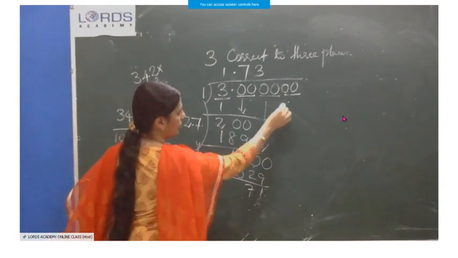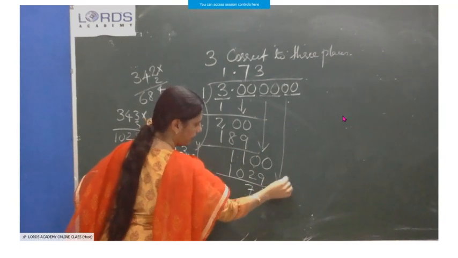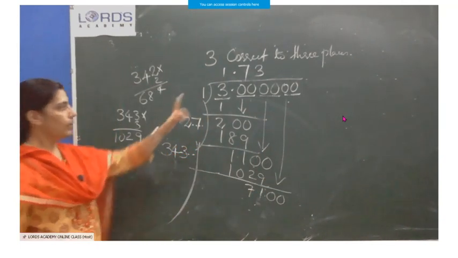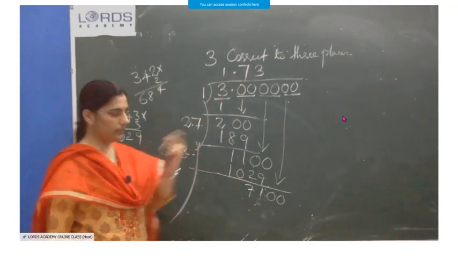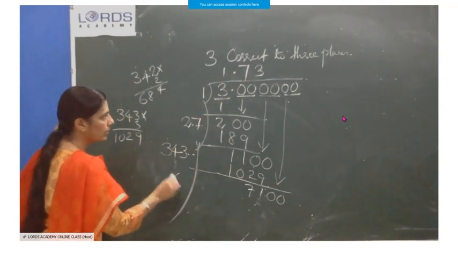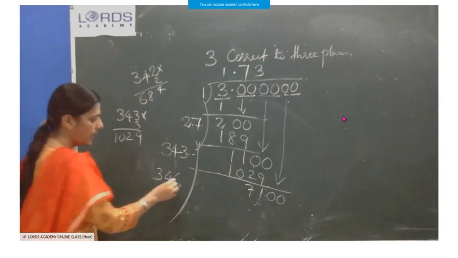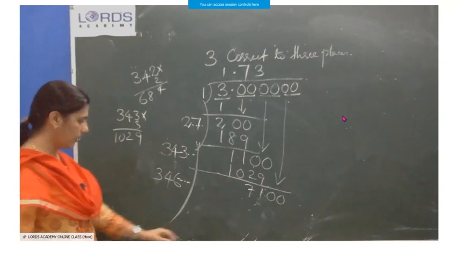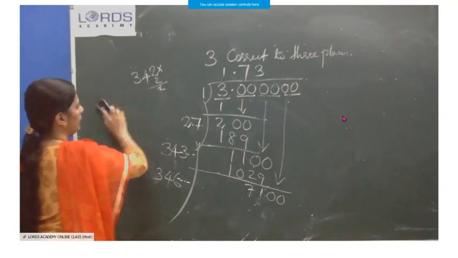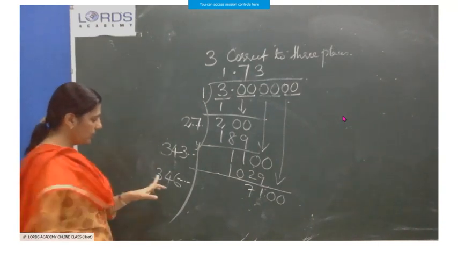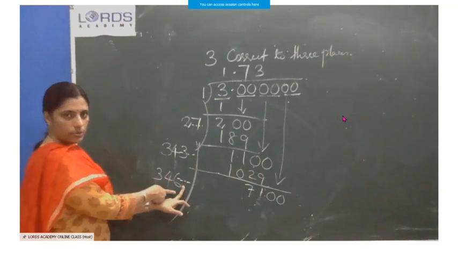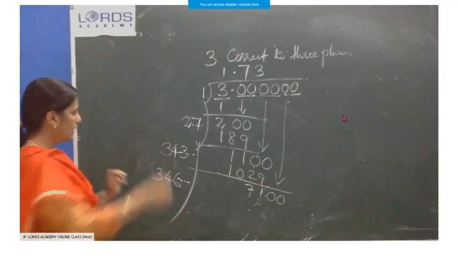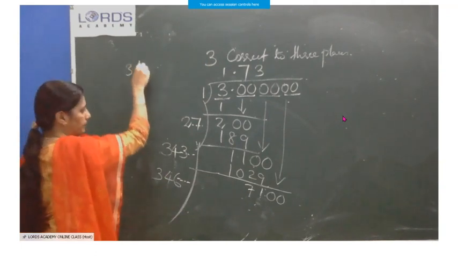Then the next pair of zeros. What's the next new divisor? 173 doubled, into 2, is 346. And you have to find one more digit to satisfy this 7100. If you try with 2, it will become 3000-something, no? That is 7000 only, so you cannot take big numbers. Let me try with 2.